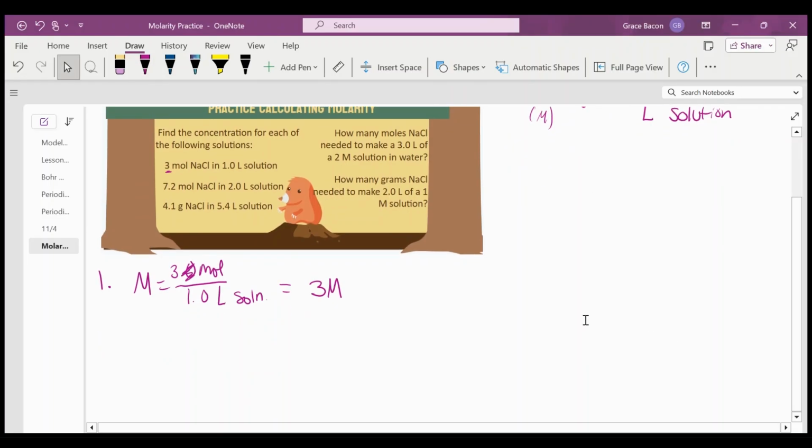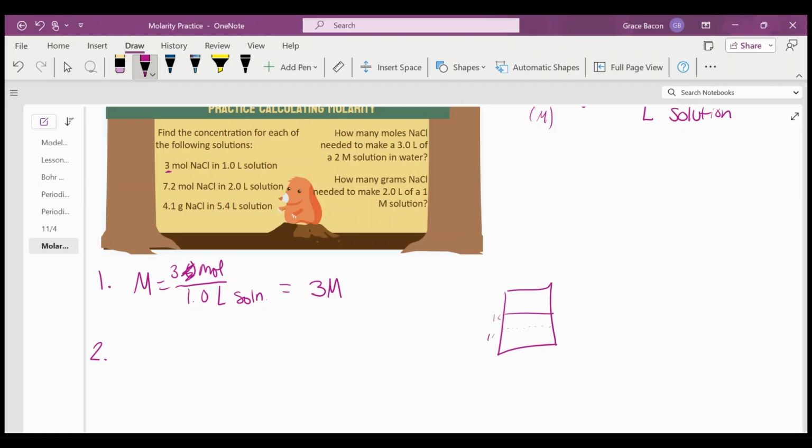All right, next one. Again, we can kind of think it out if we want rather than doing the actual math. It says 7.2 moles of solute, NaCl, in my 2.0 liter solution. So I can say, all right, if I have a 2 liter solution, let's say this is 1 liter, this is 1 liter, the whole thing has 7.2 moles in it. So then I can ask myself, how many moles do I have in 1 liter? I'm just going to cut this number in half and get 3.6 moles here, 3.6 moles here. If that doesn't make sense to you, if that's a little bit confusing,